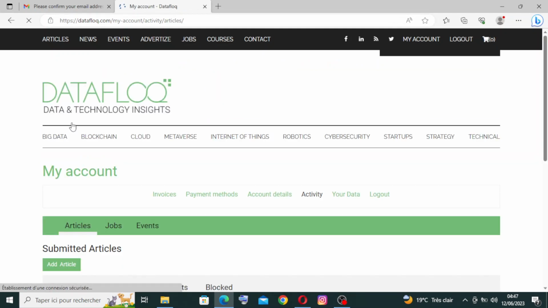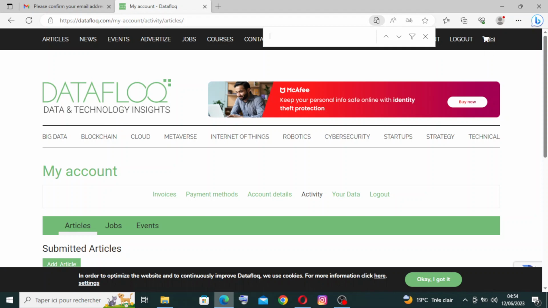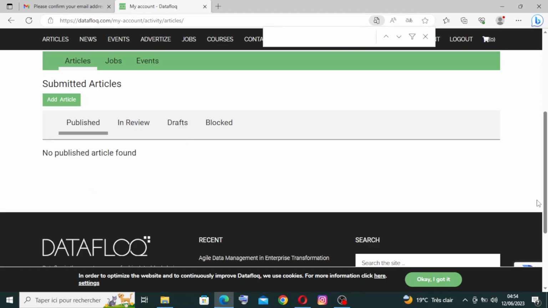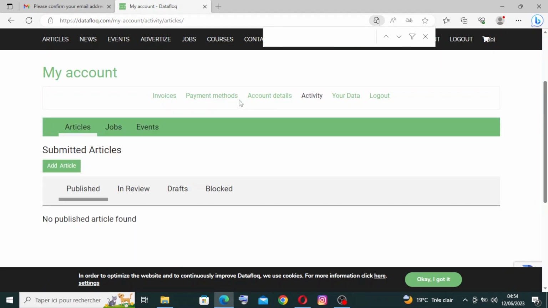Now for the articles, or the news, Datafloq provides a wealth of news articles, expert opinions, and thought leadership pieces on a wide range of data-related topics. These articles cover areas such as data science, data governance, data privacy, data-driven decision making, and emerging technologies in the